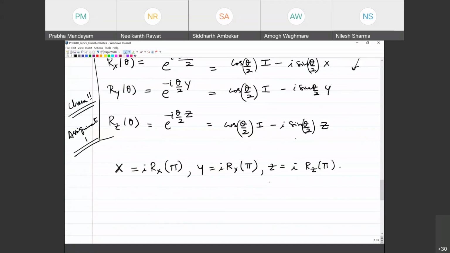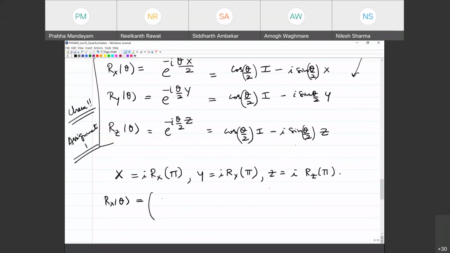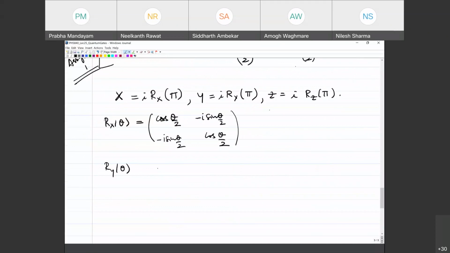And you can also now visualize these as matrices. So Rx of theta, what is the 2 by 2 matrix that it corresponds to? Remember, it's cos theta by 2 I, so that's cos theta by 2 in the diagonals, and then you have minus i sine theta by 2 in the off-diagonals. I'm just rewriting them as matrices now. Similarly, Ry is cos, minus sine, sine, cos,